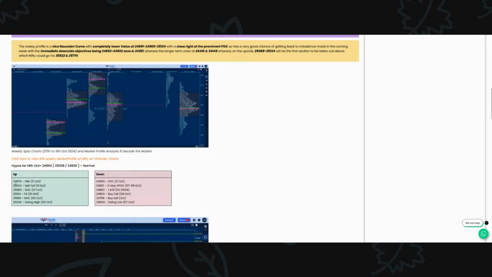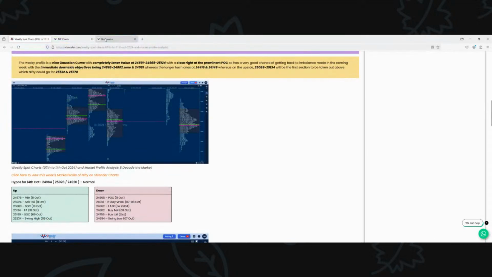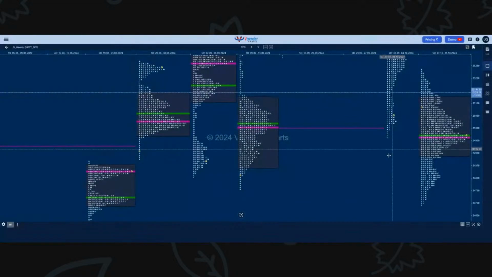On the upside, 24979, which was the pullback high of Friday, was our first reference. And then we had the sell side tail of 25024 from 11th of October. So this was our reference on the upside. And what we did today,